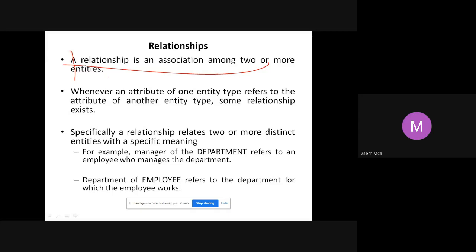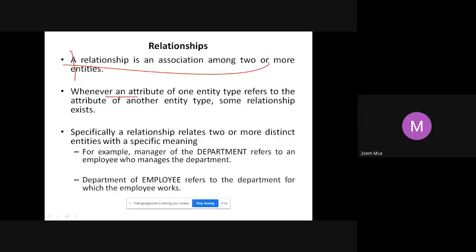Similarly, author and book. How can I relate them? Author writes the book. That is a relationship. But when I try to implement it, how can I do this? Author has an attribute called book ID, just to show which book he has written. Book has an attribute called author ID, which means book also has a book ID. So using this book ID, I can relate book and author. So there should be some common attribute between the 2 entities so that these 2 entities can be connected or related or associated, right?